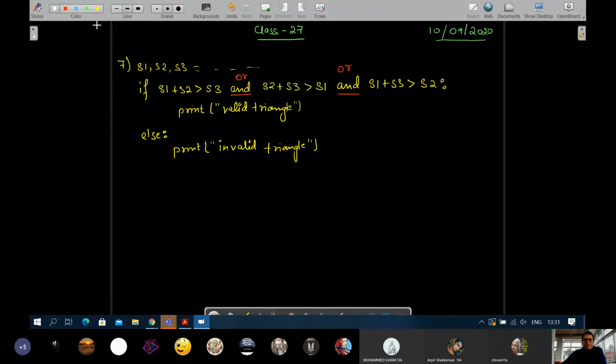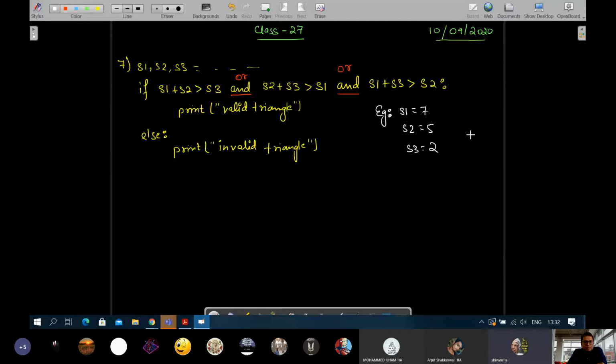I will give you a reason. Take an example. Let's say side 1 is 5, side 2 is 3, and something, we will take a combination in which this case will fail. Let me check. 7, 5 and 2. Okay, let's see. 7, 5 and 2. Yeah, that is correct. Why is this not a valid triangle?